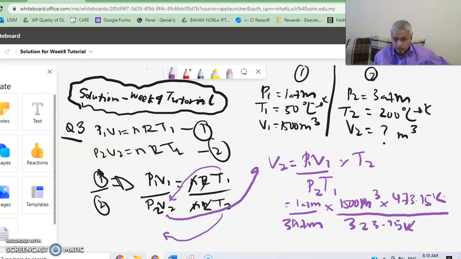So we can cancel Kelvin with Kelvin, atm with atm. Kelvin with Kelvin here, right? And then we remain with meter cube, right? So if you press your calculator, the final answer that you will need to get is 732